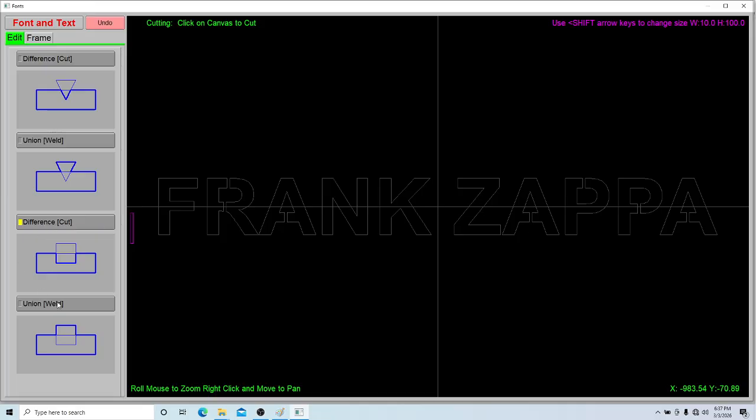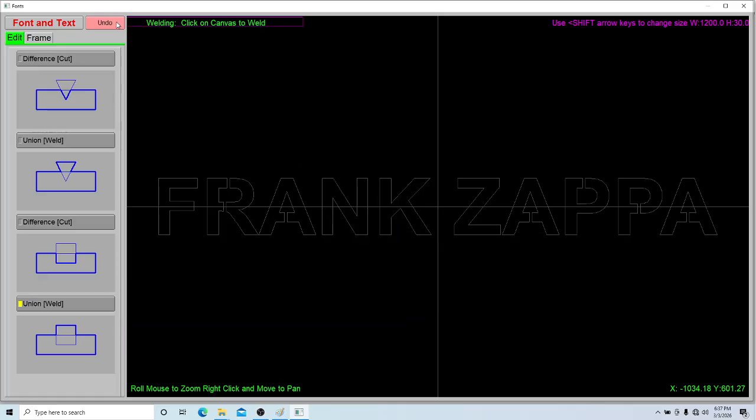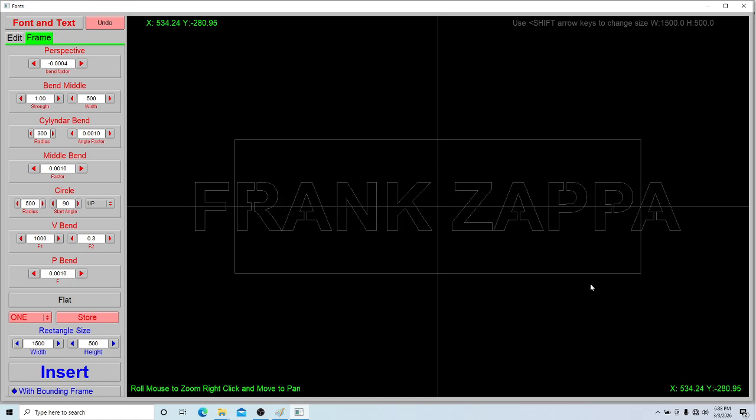I can click union, and it will also I can make change. It will union like this, but I will undo this. I'll keep that. Those are letters, but you need a frame for them. And here is the frame around. It's rectangular in the beginning, and here I make it bigger or smaller, so it's all the way around